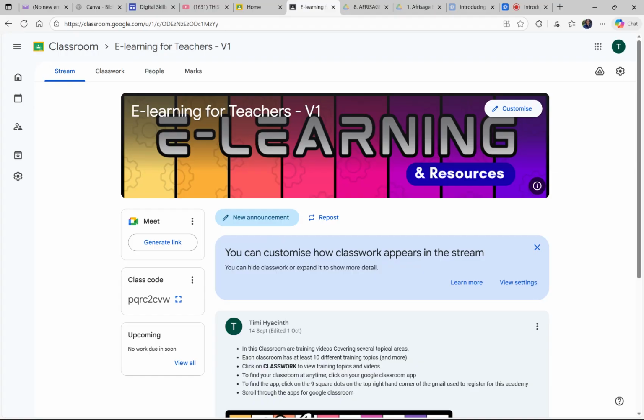If you're a school owner who'd like to understand teaching and learning, you can take any of the three classrooms that have to do with teaching and learning: either e-learning, foundations for teaching and learning, or otherwise the one for teaching practice development. And if you're a school admin and want to learn something else, you can take training in another classroom. But basically, every classroom is 20,000 naira for the year.